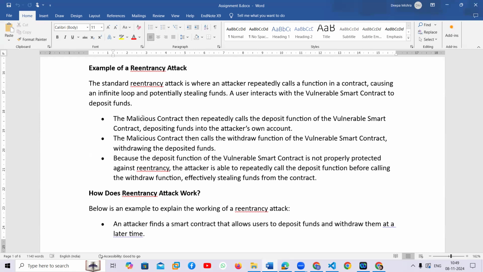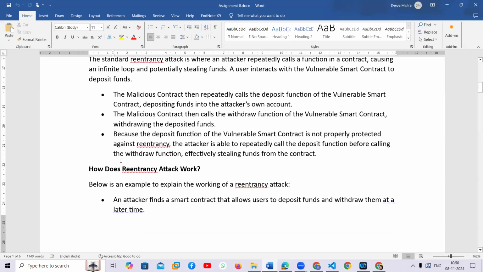The malicious contract then calls the withdrawal function of the vulnerable smart contract to withdraw the deposited funds. The loophole here is that the deposit function of the vulnerable smart contract is not properly protected or secured against reentrancy. As a result, the attacker is able to repeatedly call the deposit function before calling the withdraw function,